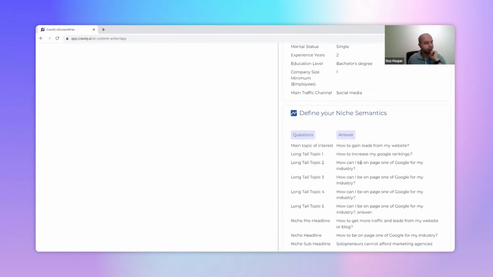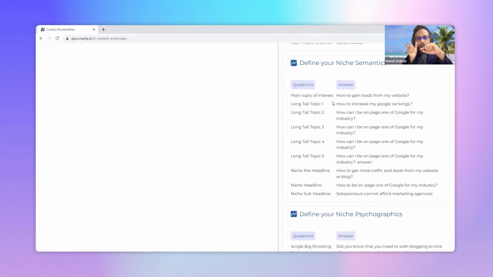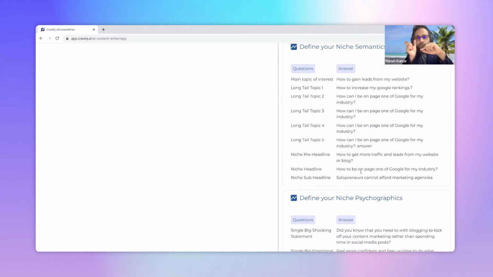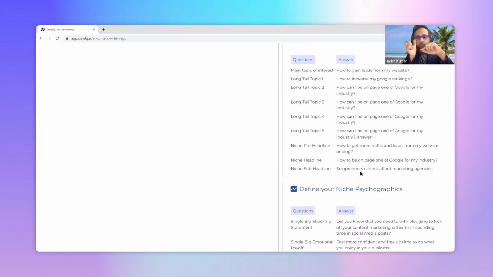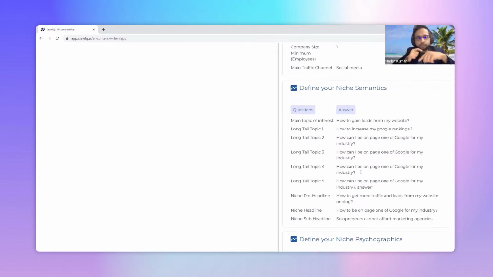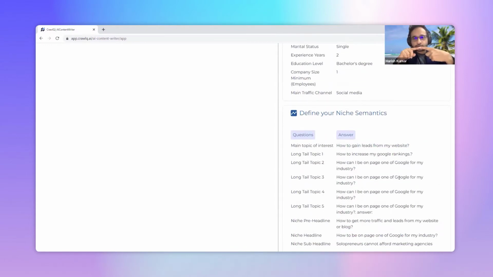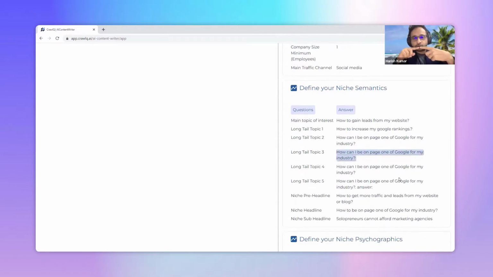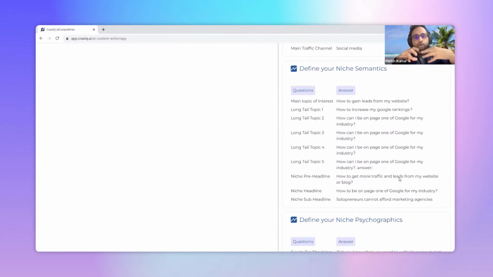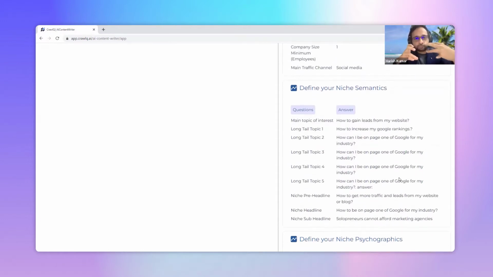That's the interest. And when you say train search intent, what it did, it goes onto the website and pulls all the results, top 10 results relating to how to gain leads from my website. But then it iterates this search and says roadblocks, how to gain leads from my website. Suspicion, how to gain leads from my website. Mistakes, how to gain leads from my website. So there are 14 different modifiers to your original search term,